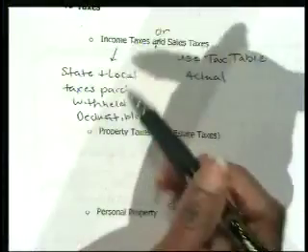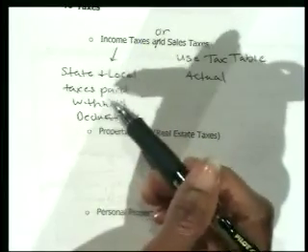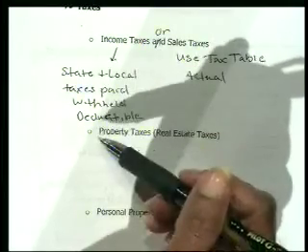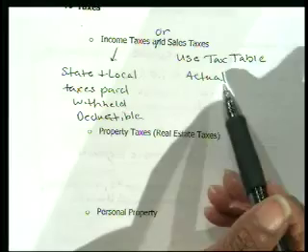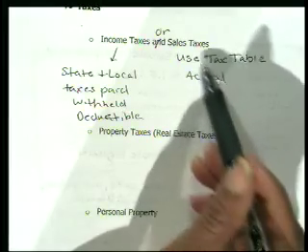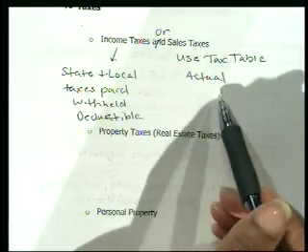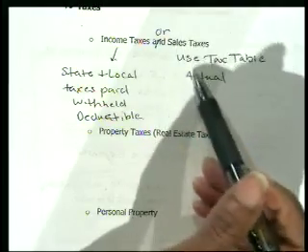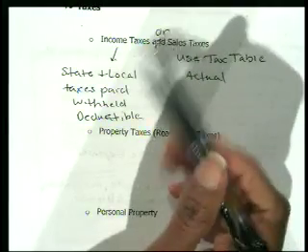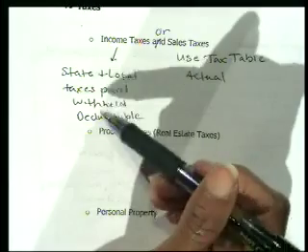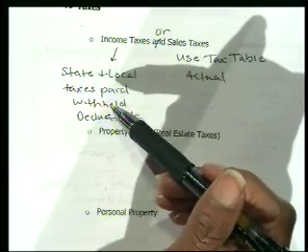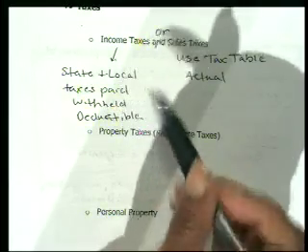So it may be an option for someone who has low income, so therefore they didn't have a lot of state and local taxes withheld from their income. But for some reason you buy a car, or there's a situation that made you have high sales tax. So in that instance, you're going to want to take the sales tax option instead of the state and local income tax option. So it's just an option that you have.